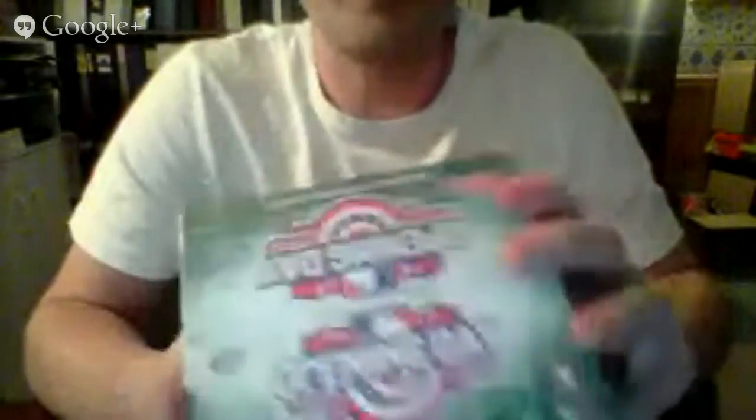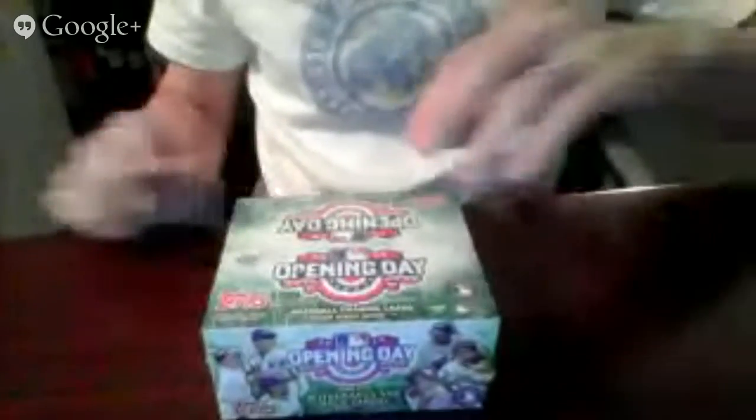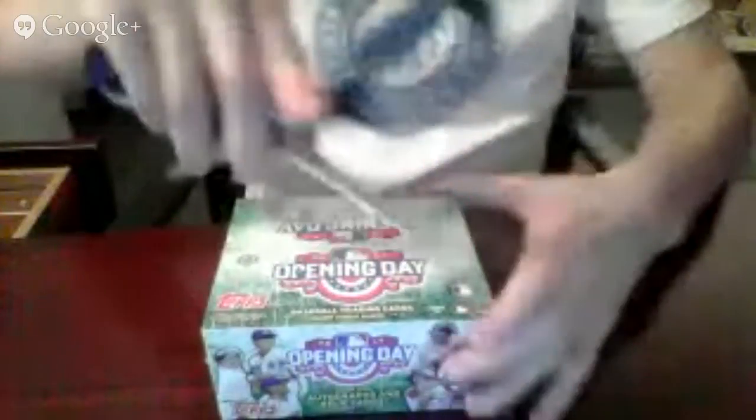And this is the box that I'm going to open up tonight to get us going because, one, it will pretty much guarantee that everyone gets a pile of cards to start with right away, which I like. And 2, I think some of the later ones have a little bit more of a draw to them, so we'll save those for towards the end of the break. So my plan is to rip this box in its entirety, and I will try to keep everything in frame on the video. So let me